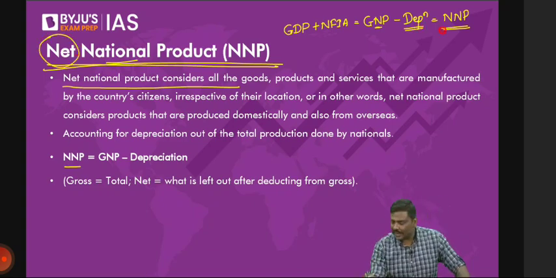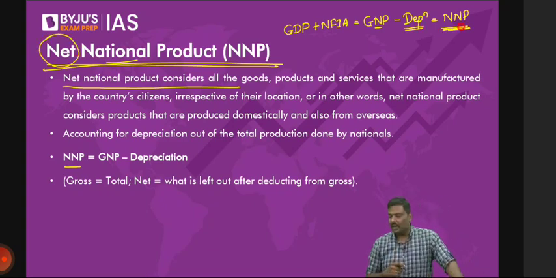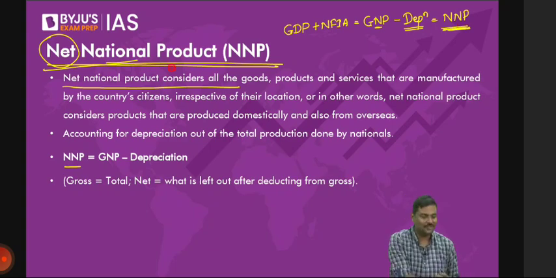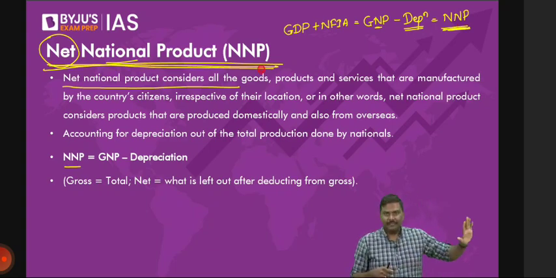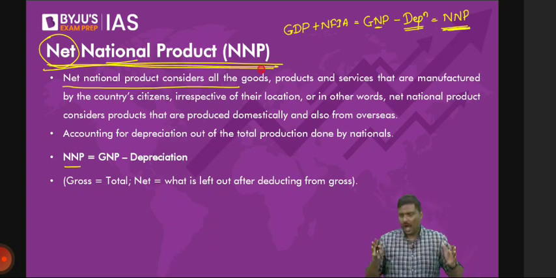Any difficulty? What's the difference between NNP and NDP? My dear, I'm explaining that only. Depreciation is the difference between both of them. Explaining that, you're typing that. Focus on the discussion always. That is a net national product. Because in NDP, you're basically worried, in India, how much is the GDP? And out of that, how much value of the GDP will be used for replacing machinery, replacing existing capital.